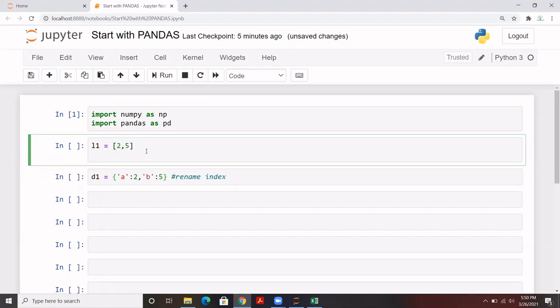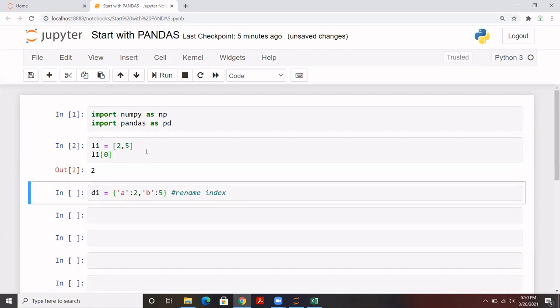Let's say I want to extract the first value 2, so the name of that is index 0. And here in the dictionary I have given a name to this part, so 0 becomes a. So rather than calling this value 2 from index 0, we can call it from a as well. So in very layman terms, a dictionary was just for renaming the index.